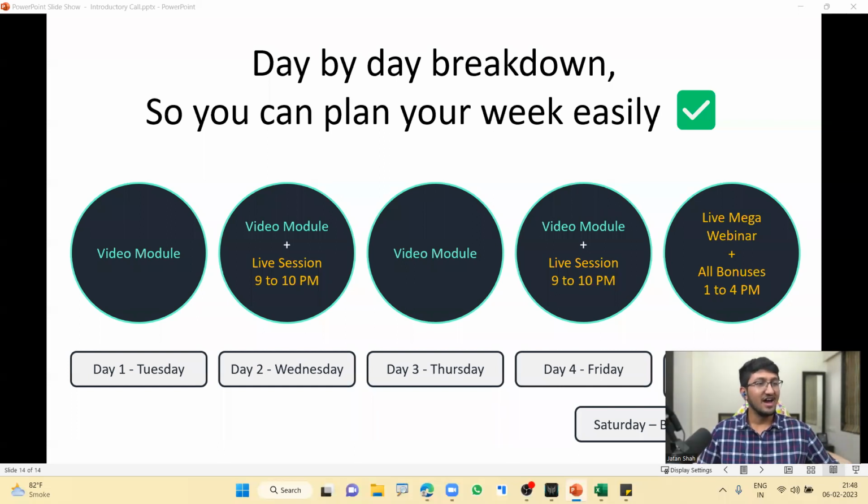Can I get the login credentials to log in into my account? Sure. Everyone who wants the login credentials, I've sent it in the Zoom chat. And I will also be sending it once again on the WhatsApp group after a few minutes. Okay. How do we get certified? By completing an assignment and attending the mega webinar. Okay. Perfect. Any size limit for Excel source data? No. Anything that Excel can handle, even Data Studio can handle. Okay.